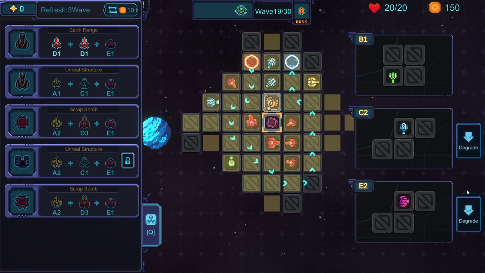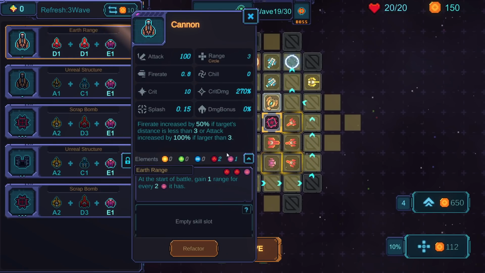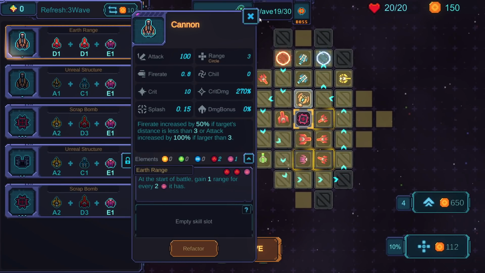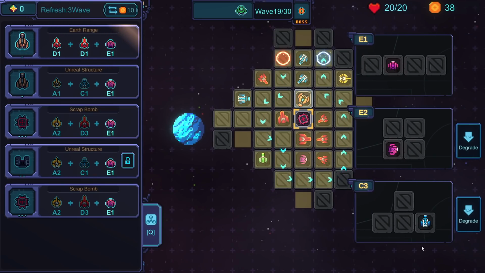We don't have any of the stuff here. We can degrade this down to 1, and then we can get that working, though. We have enough to make the Earth range. At the start of battle, gain 1 range for every 2 of those it has. We don't have the ability to get 2 at the moment. Okay. Kind of interested in that, though. But nah. I want this. I want that. We can only degrade this down to 2. We can't degrade it down to...